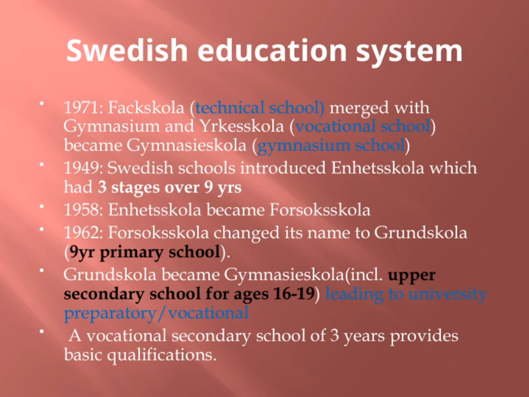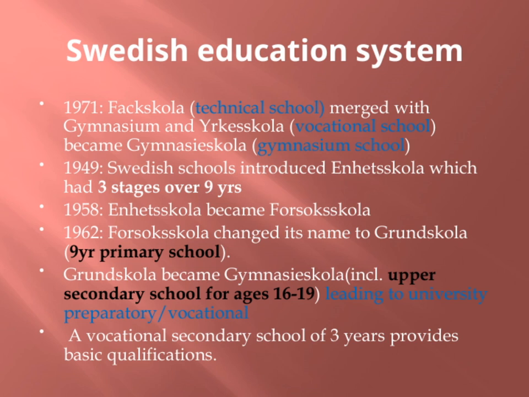of 3 stages spread over 9 years. This was an important step towards standardizing education across the country. By 1958, the Enhetsskola was renamed Folkskola, which signified a new phase in its development. Then, in 1962, Folkskola underwent another change and was renamed Grundskola, establishing a 9-year primary school system that provided a stronger foundation for students. Finally, the Grundskola system evolved into the Gymnasieskola, which includes upper secondary education for students aged